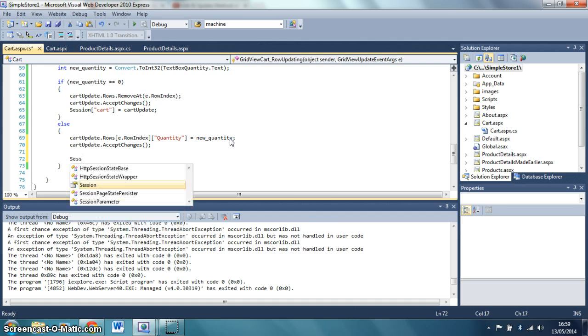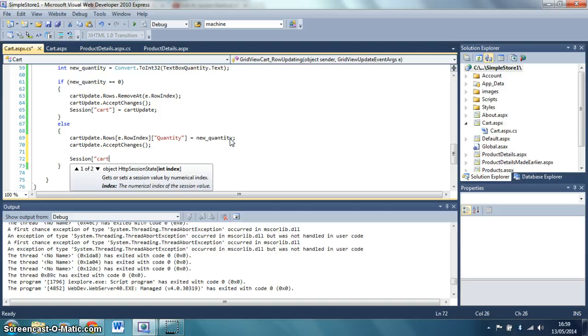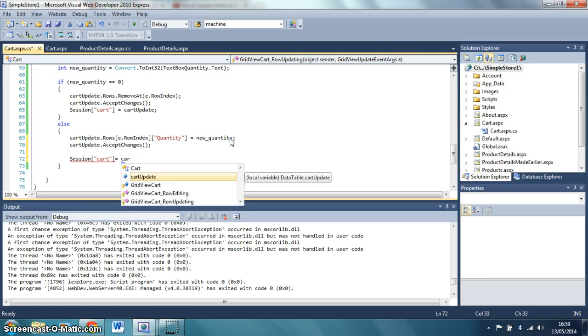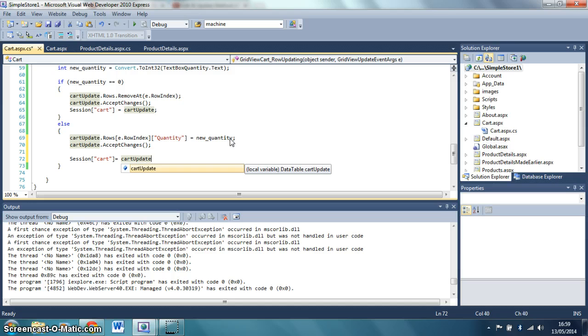So session cart, and that's going to be equal to update. Now that we've done that, we want to